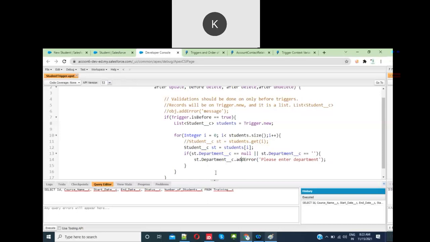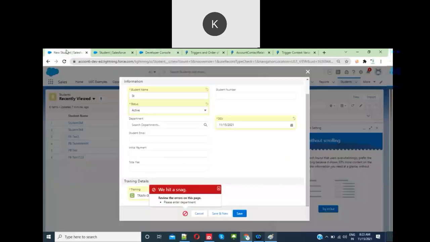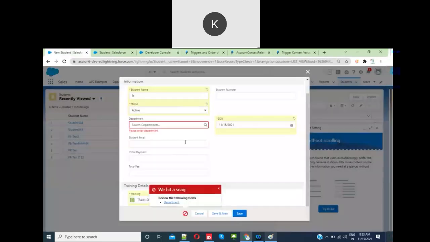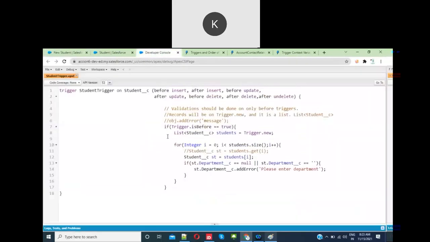If you give object.field, it is at the field level. See, save it. Okay, it shows 'Please enter department'. It is throwing the error. Okay, now let's customize this one. Same code, let's write in a different way. Okay, so see, an if condition always returns true or false, right? What you can do is,